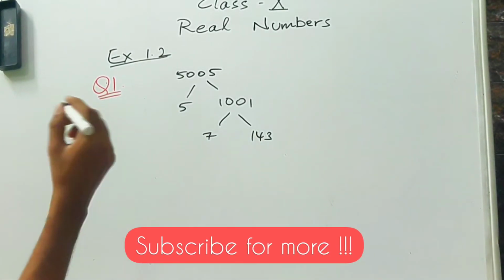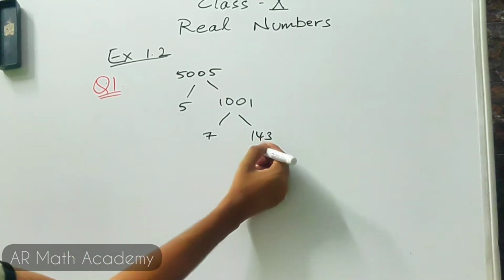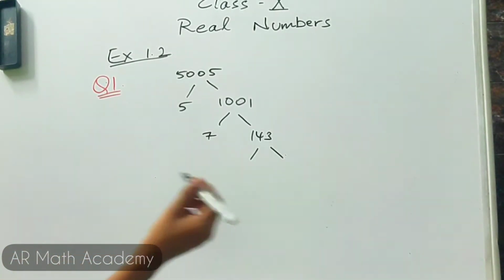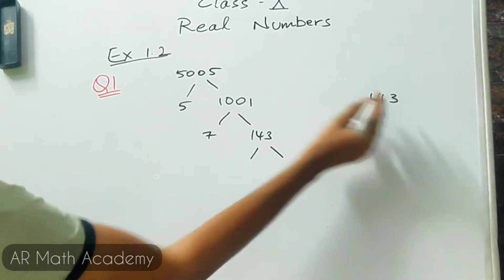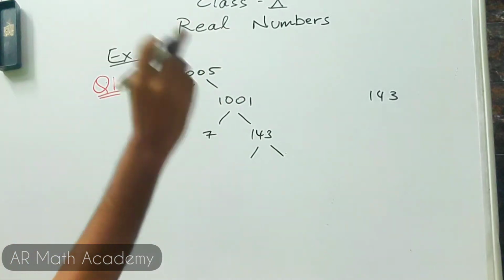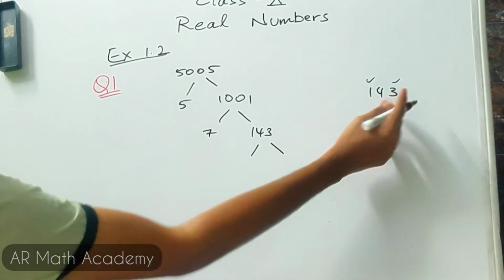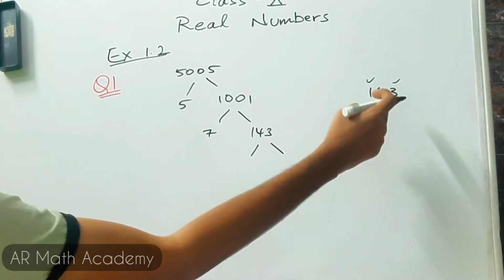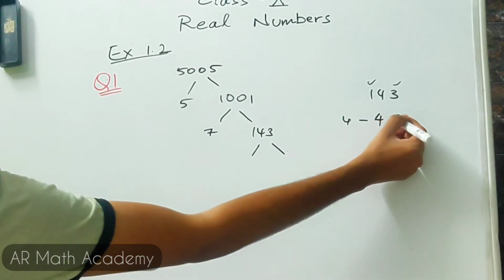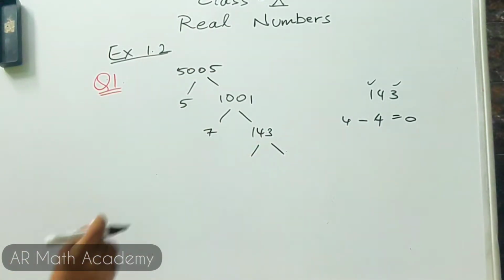So again 143. Now how do you divide 143 again? We have already tried with 7. Well, let us try with another number. So 11 is the next number: 143 divided by 11. For 11 we have a divisibility method. Wait, I'll tell you the divisibility method. For divisibility by 11, you have to add all the odd place digits, this 1 and 3. So 1 plus 3 is 4, minus the sum of the even place digits. So 4 is the even place digit. So 4 minus 4 is 0, right? So if the difference is 0, or a multiple of 11, then the number is divisible by 11.